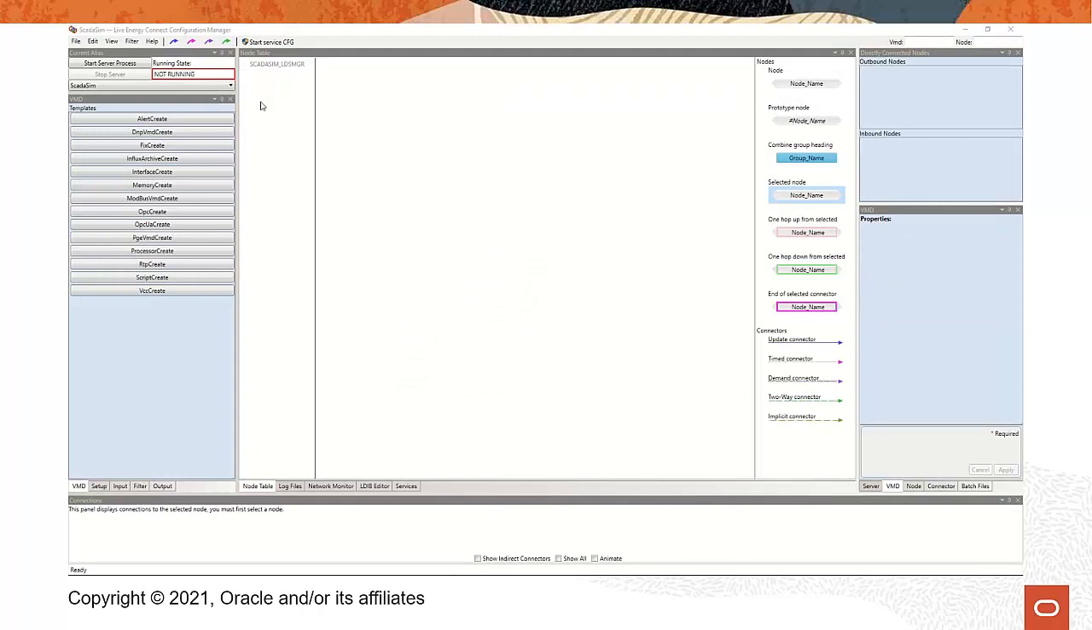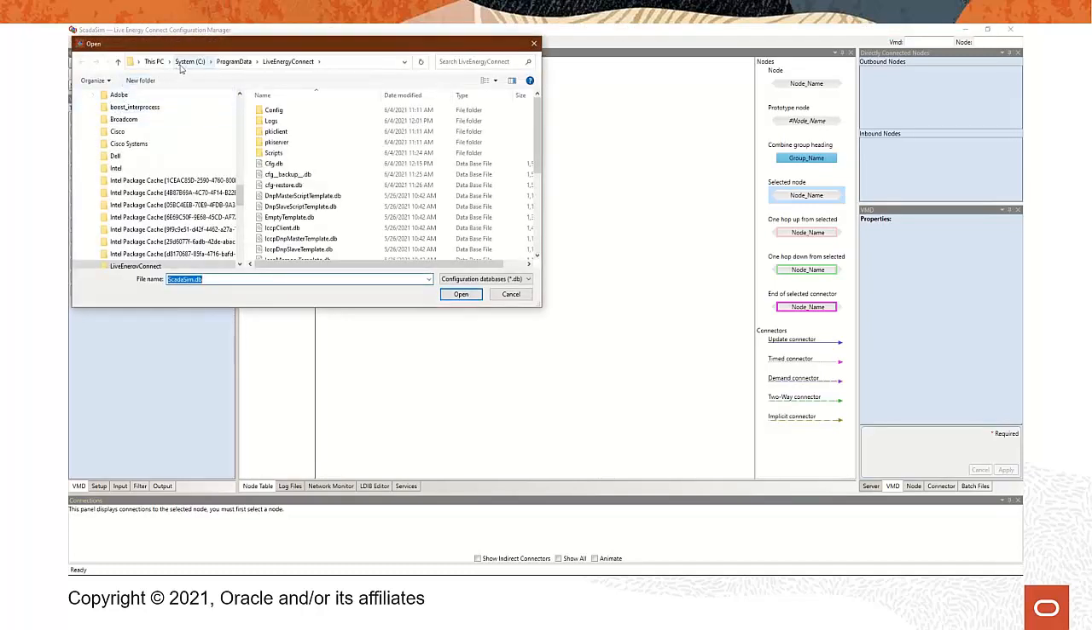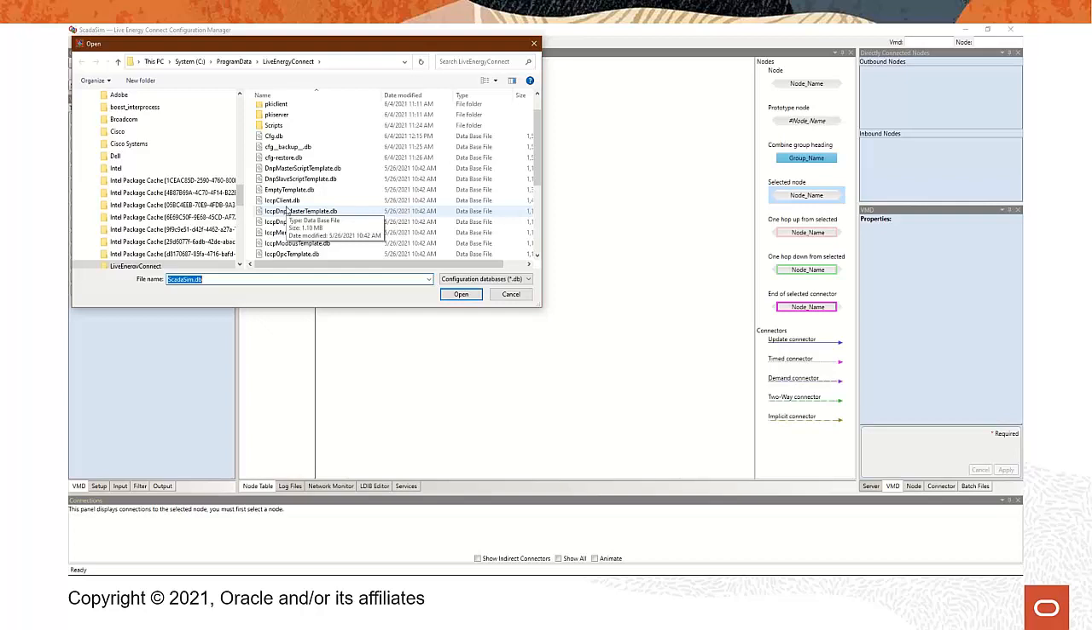With this new alias, I need to import another example configuration file that contains the LEC configuration needed to simulate a remote SCADA system. To do that, I'll need to go to the File menu and click Import Configuration. I'll navigate to my C drive, then to Program Data, and open the Live Energy Connect folder. From the list of files, I'll select ICCP server sim.db